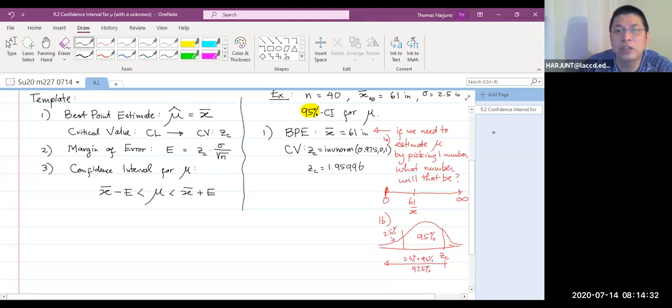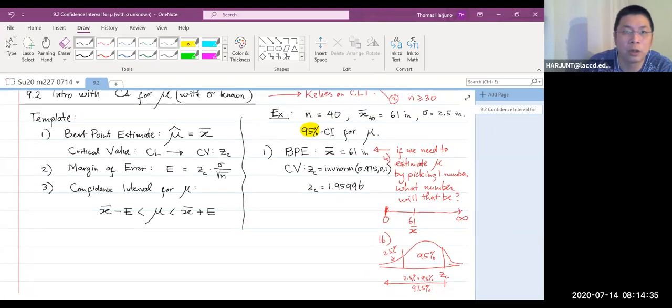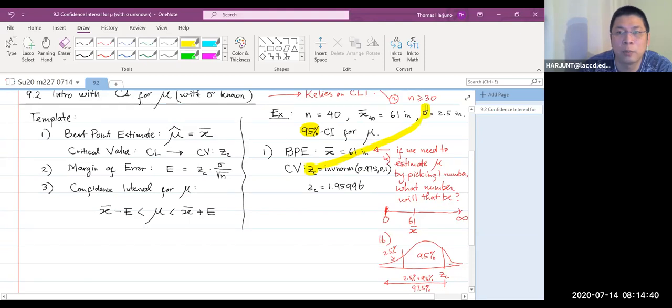Now we use the Z score here because the population standard deviation is known. Later on, if we don't know the population standard deviation, then we need to use another distribution that resembles the normal distribution very closely, but it's not. But this is the foundation. And then step two,